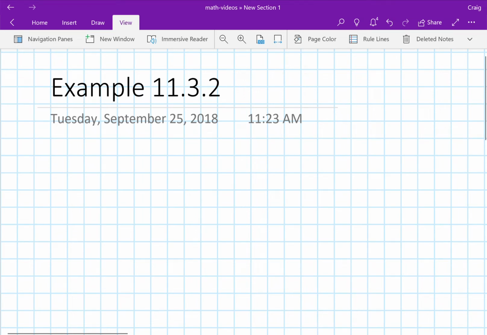This video is on example 11.3.2 from the textbook, which is on using eigenvectors and eigenvalues to solve initial value problems involving systems of second order differential equations. This is a system of two coupled second order equations corresponding to a pair of masses that are connected with